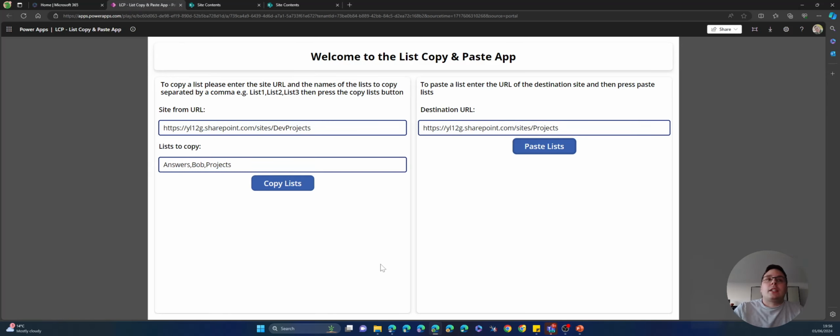All it requires is 3 bits of information: the destination site URL, the home site URL where you're going to take the lists from, and the names of the lists separated by commas. What we do is we fill in the information for the site from, including the list to copy, and hit